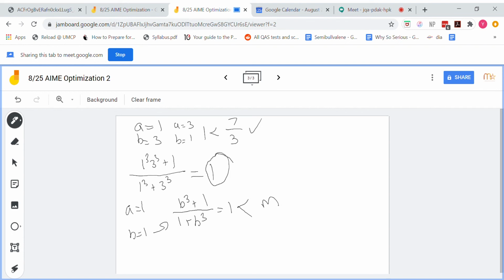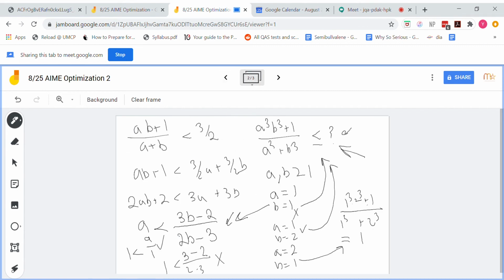So if m is greater than 1, that means the values of a and b that give m must both not be equal to 1. Which means to find m, we must have a and b both greater than or equal to 2. Right? And so since a, b must be greater than or equal to 2, now if we go back